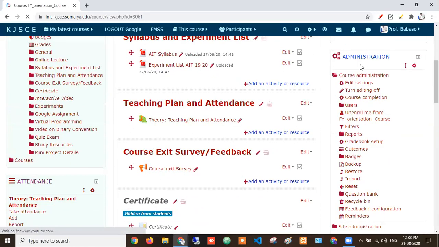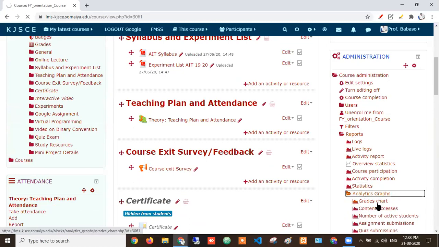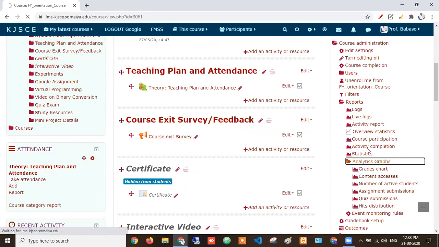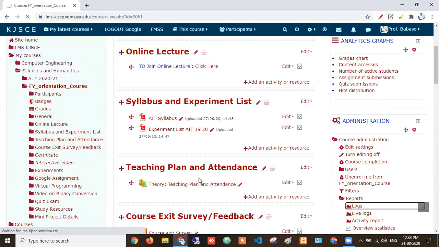This is a very nice block where you can see reports. Just click on reports. Here you can see live logs also, so whoever is live, sir, we can see here. Here we can see activity reports, overview statistics, all these reports and statistics. If you want to see an analytic graph, I have already explained that. Here you can see logs, sir. Just click here on log reports, and all this I have already explained. This you can download.